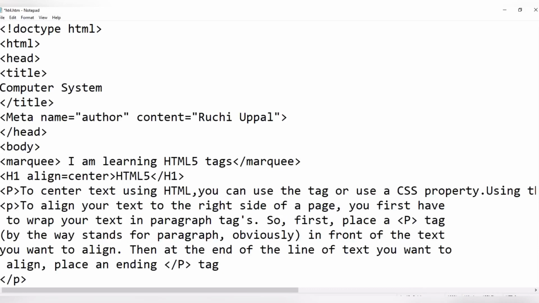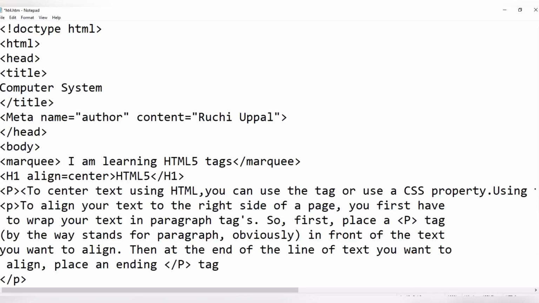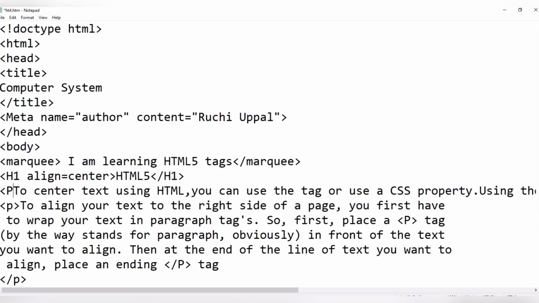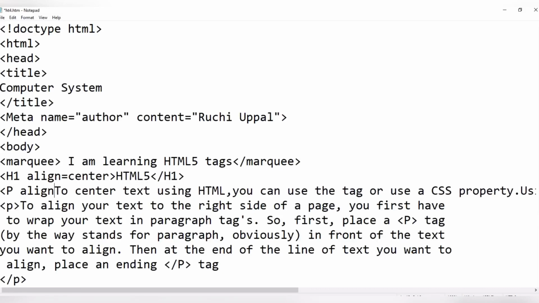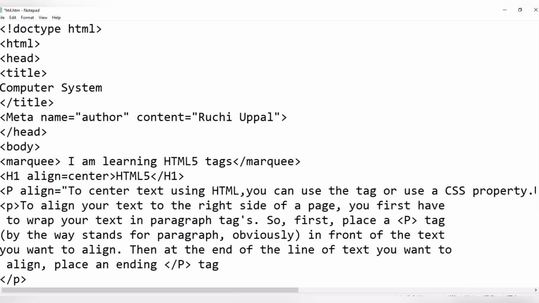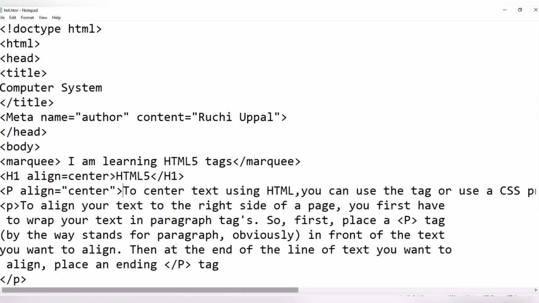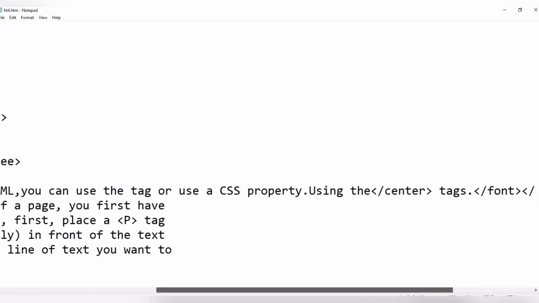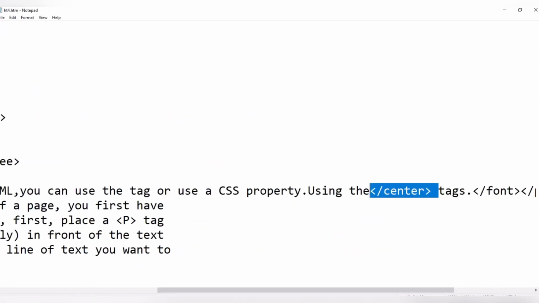Control Z. Let me write here only, P. So what I will do, P align is equal to center. Okay, fine. After that, let me check the output, and I have to remove this, of course, the center tags. I am removing this also.